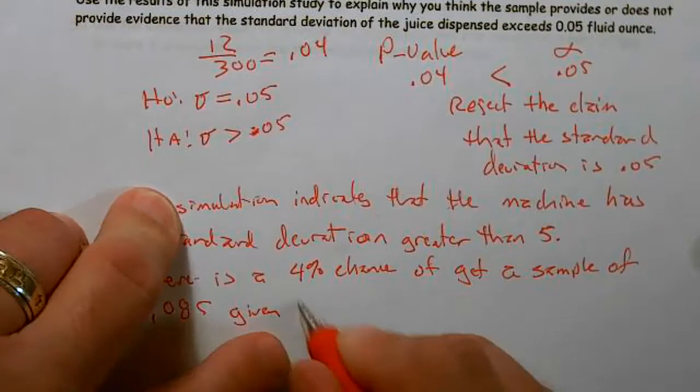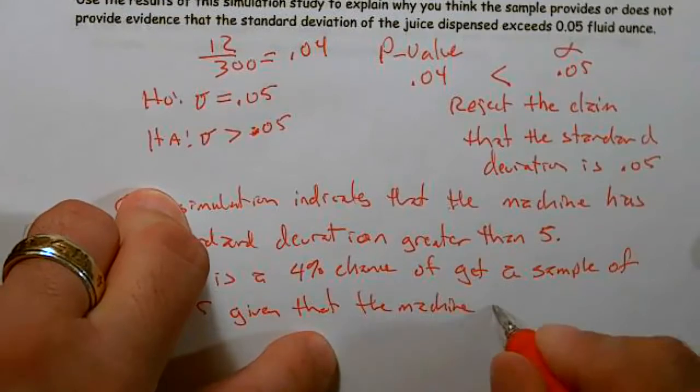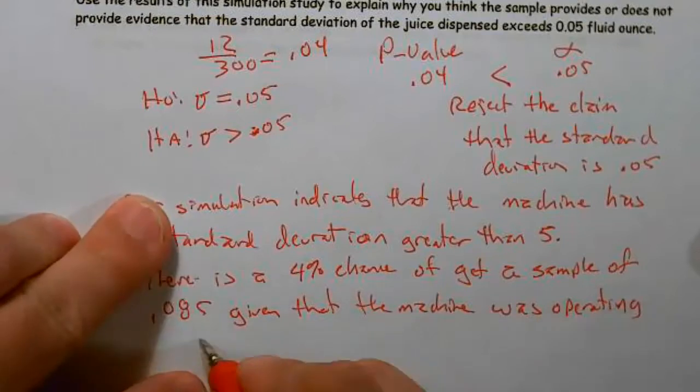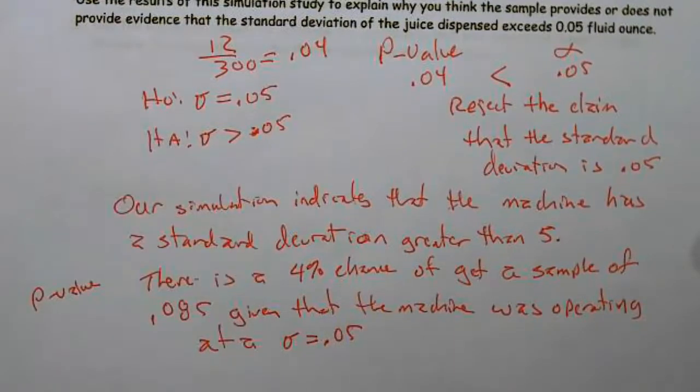given that the machine was operating at a standard deviation equal to 0.05. So there's a 4% chance of getting a sample of 0.085 given the machine was operating at a standard deviation of 0.05 or a sigma of 0.05. And if you didn't say it like this, word for word, that was fine. But that's what's happening. This is essentially a p-value, and